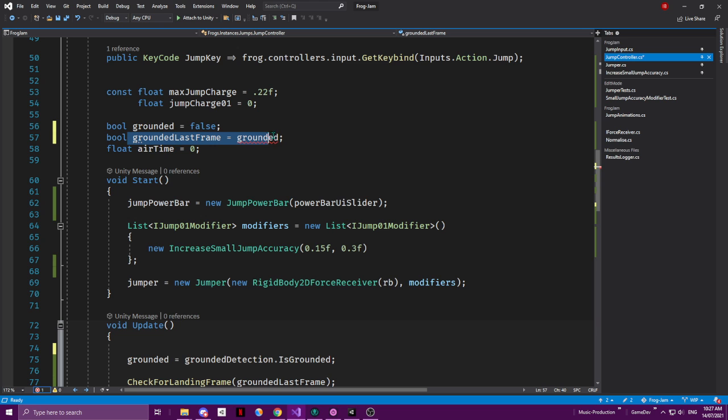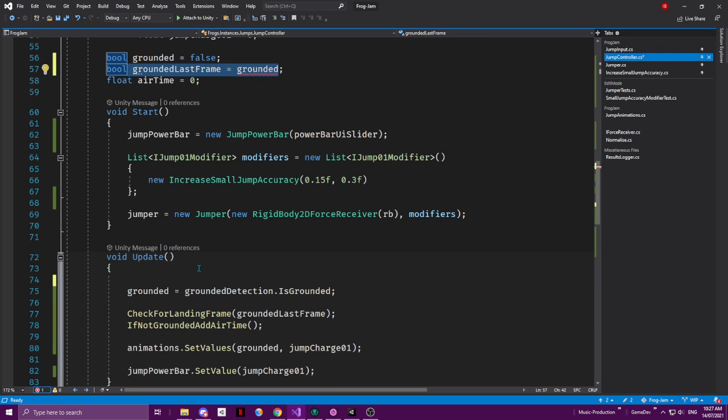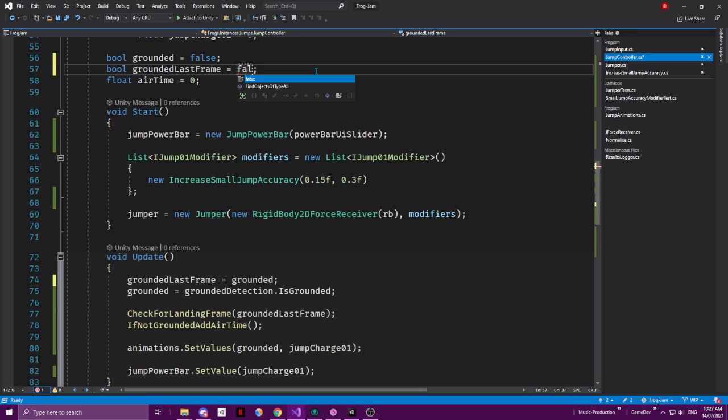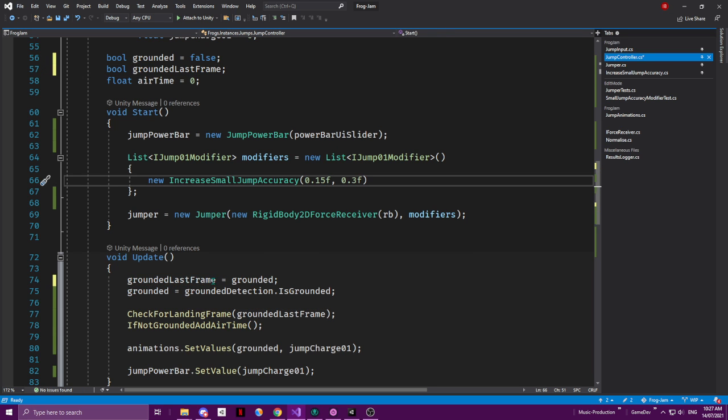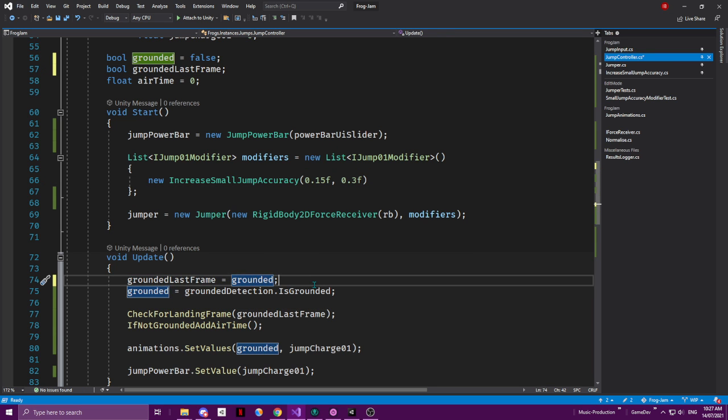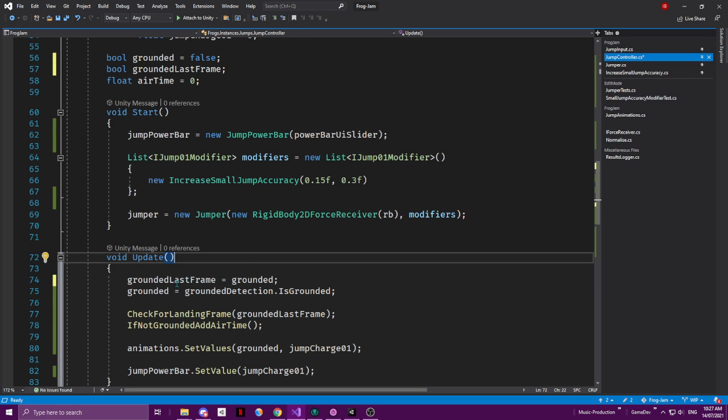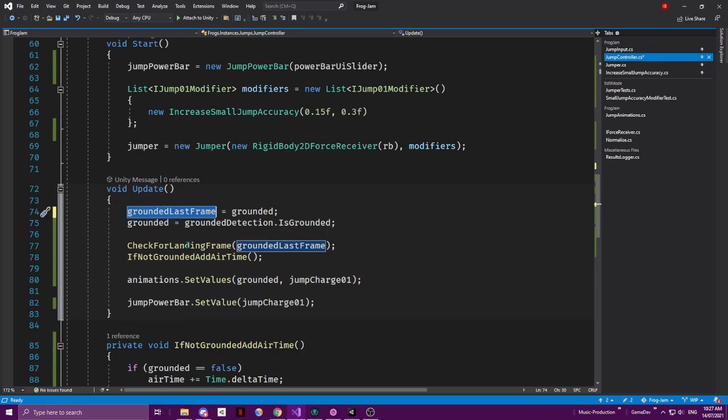But then I still need to set it. It's a bit nicer to read, but